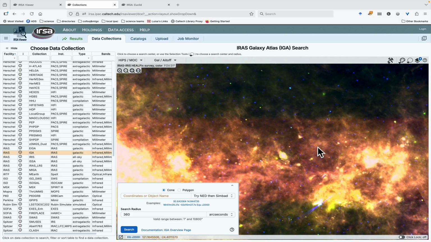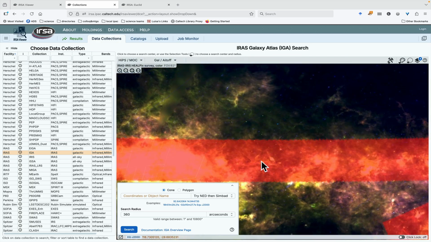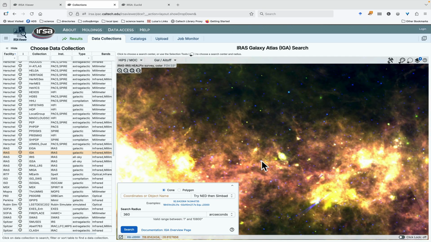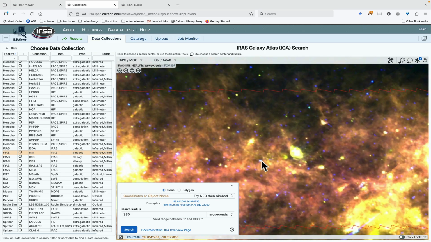Since the whole point of being able to search on top of an image like this is to let the features of the image in the background guide where you are placing your search position, it doesn't make sense for that MOC to stay opaque as you're zooming in. Here, the closer you zoom in, the more transparent that MOC becomes until you're close enough that it reverts to just the line and is completely transparent so that you can guide your search position based on what the image